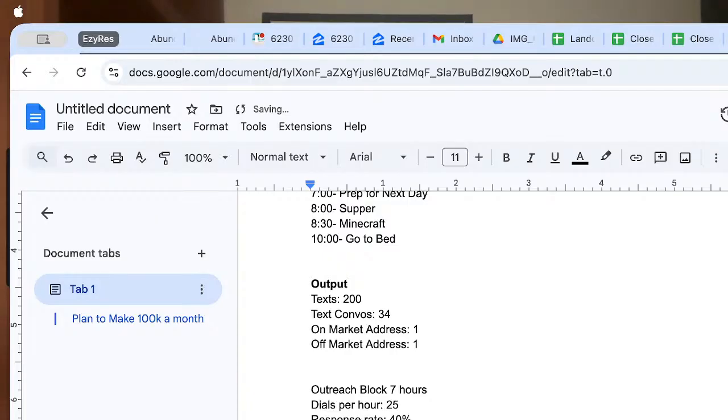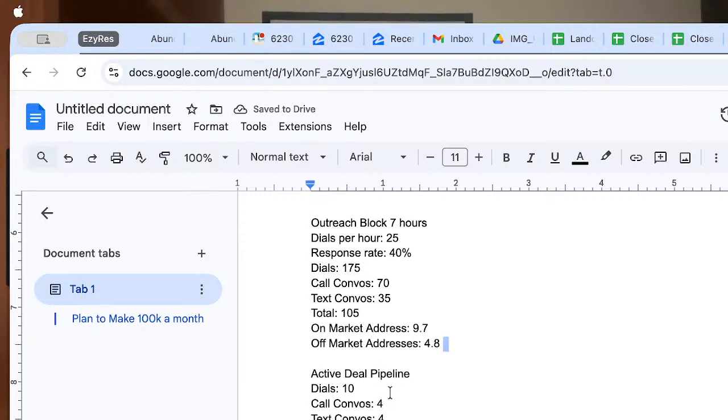And we would have 105 divided by 21.6, which would be 4.8 off-market. I'm definitely not doing that right. Okay, there we go. Active deal, we're going to get around